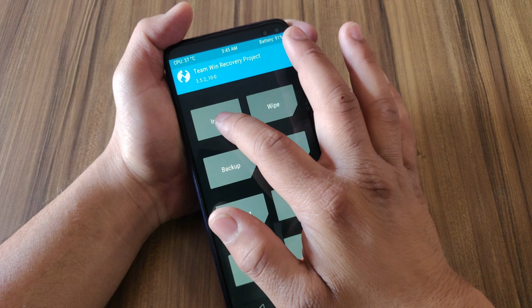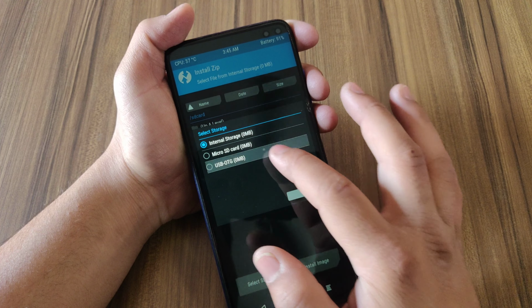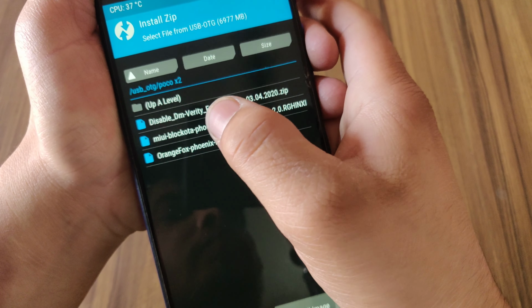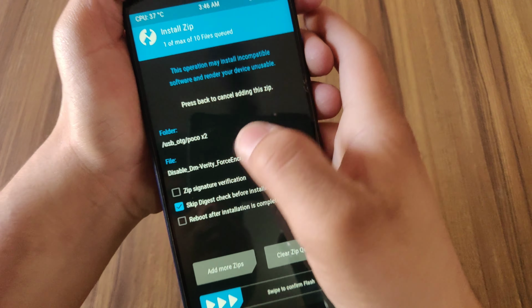So tap on install. Tap here. And now you need to flash this disable dm-verity force encryption file.